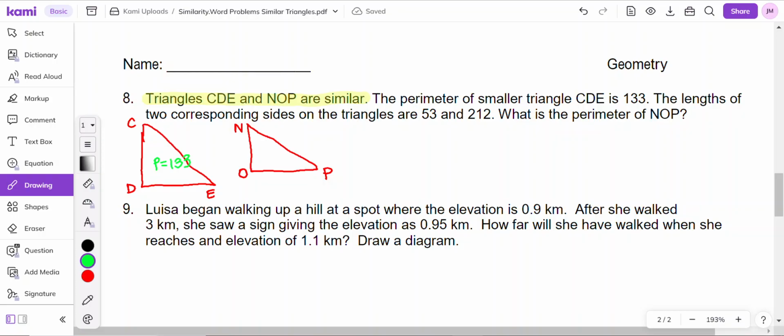The lengths of two corresponding sides on the triangles are, so how about this one, 53, and this one, 212. And what do they want? This perimeter, correct? All right, we didn't really get a chance to talk about this, so here's your lesson,